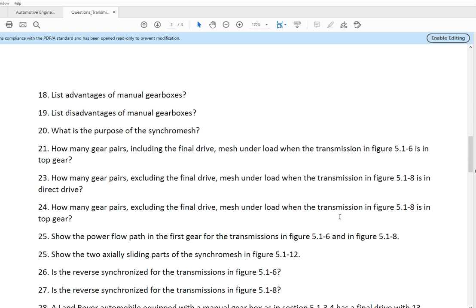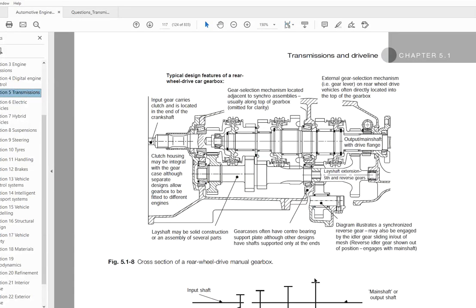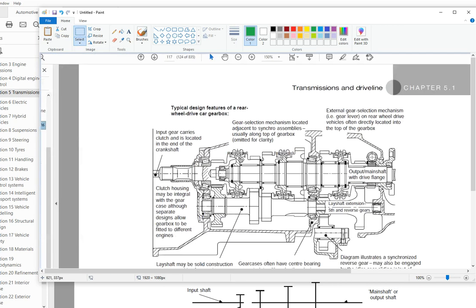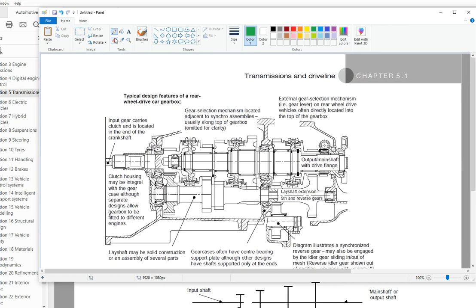Okay, answer 24, top gear. 23. So let's look at 23, which is the direct drive, and I started saying that it's an advantage of this transmission. So print screen again. I go to Paint, paste, select all, and the direct drive now is when this synchronizer sleeve is shifted to the left, and essentially I have the input shaft